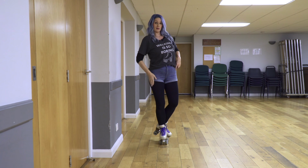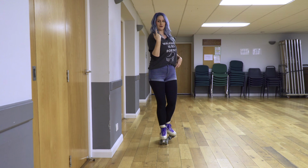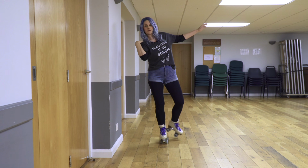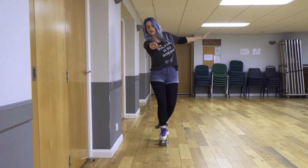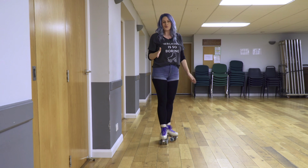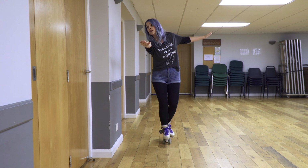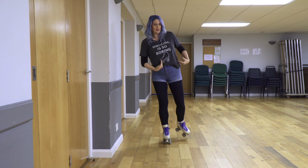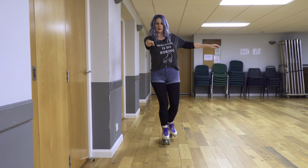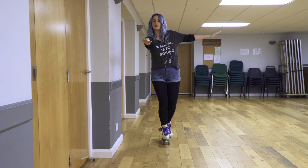Now this shoulder, I'm doing it on my right leg, it's an outside edge, so my right shoulder needs to come forward. But doing that twist naturally brings that shoulder round. But what you want to do is lean into that shoulder. So this side of your body is actually going to drop slightly here, like that, because you're leaning into the edge. Now, always look where you want to go. So not only am I going to lean into my edge, I'm going to look into my edge here. Now this side of my body is going to come up, but it's not going to push me awkwardly. So I'm going to be here, and it is going to be slightly lifted, but not here, just slightly lifted,